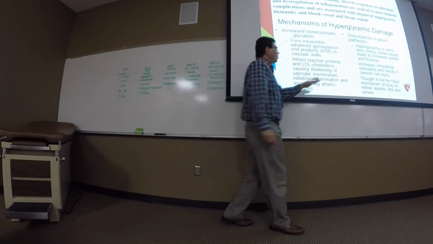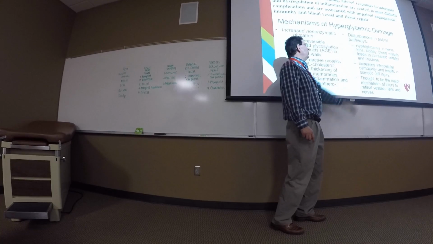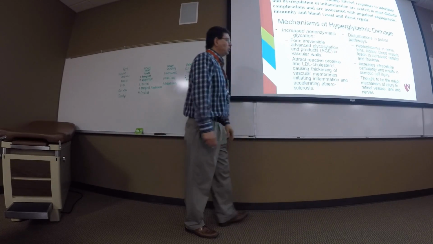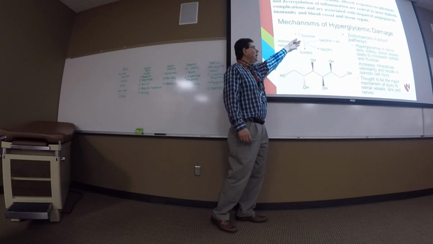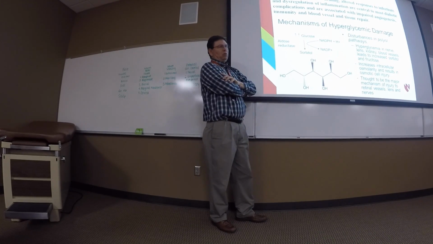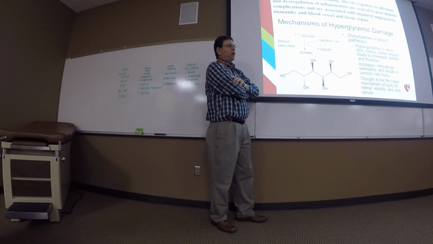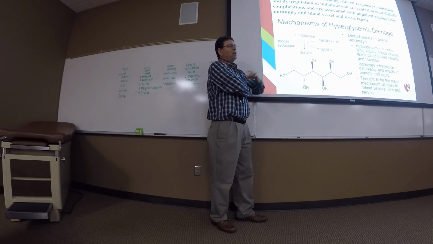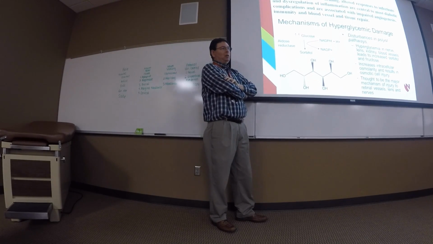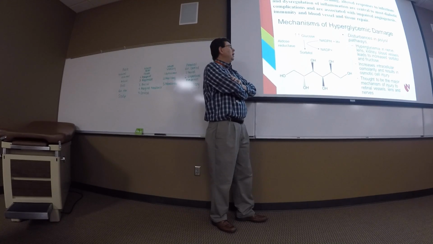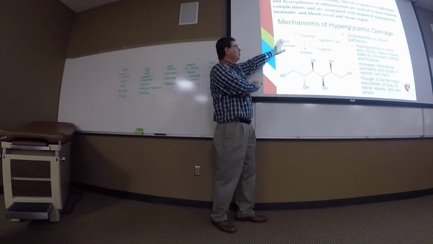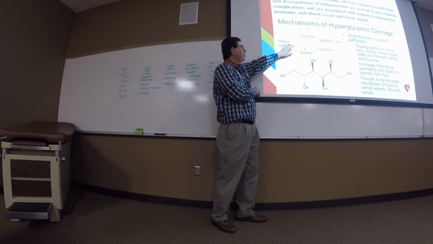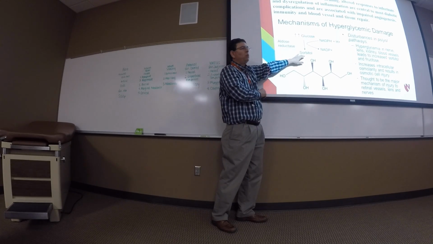The other is disturbances in polyol metabolism. You don't have this picture, but let's say inside of a cell we have a lot of glucose. If glucose is very, very high, here is an enzyme that normally does not react with glucose, aldose reductase, but if glucose is so high, it will overcome the affinity problems, and this reductase, unfortunately, will form sorbitol.